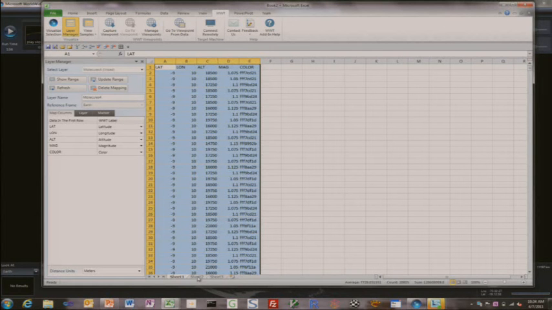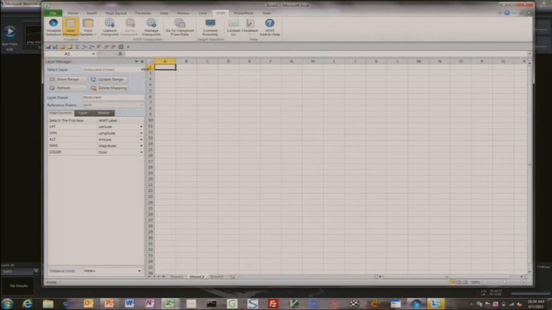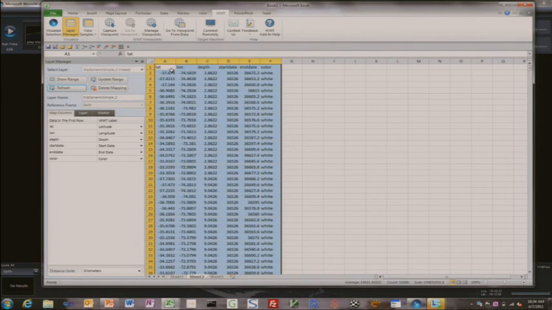We've grabbed some data out of Worldwide Telescope. I'm going to go to another sheet here. I'm going to do the same trick. But this time, as was suggested, I'm going to ask for the slip data. And you'll notice that this data has a start date and an end date. So again, I click on the Get Layer Data,